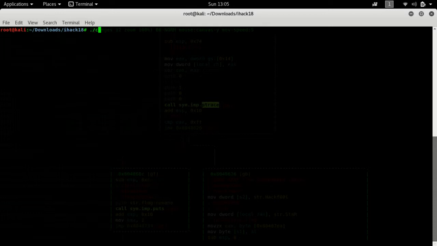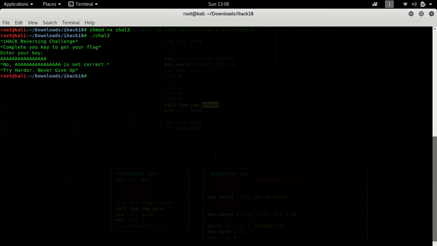Okay, let's try to execute that. Actually, we need to change mode first, so that we can actually execute it. Key, give me key, not correct. Okay, first just need to open that, and let's open that in GDB